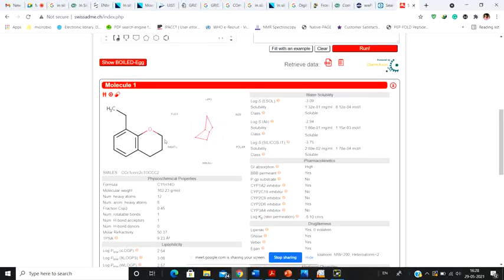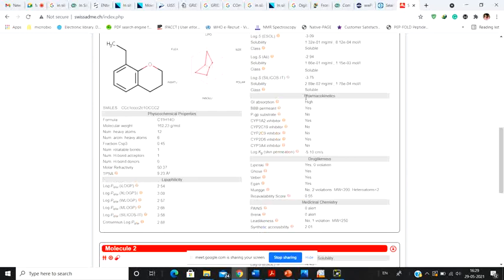So in this particular case, obviously the molecule is really small, and it says that yes, according to log S or ESOL algorithm, the molecule is soluble in water. According to aliphatic log S, it says the molecule is soluble in water, and according to the silicosity, it says the molecule is soluble in water.